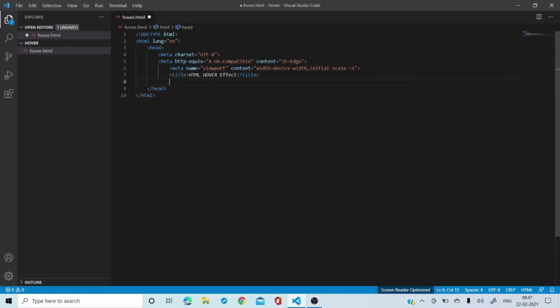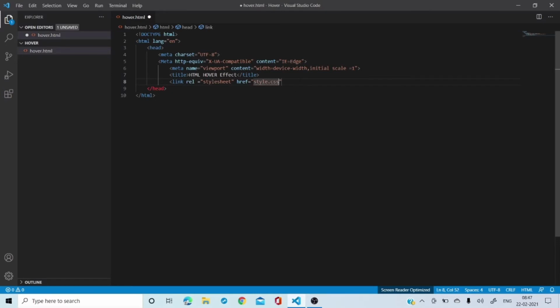Once you have written this, as I told you, we have to link our styling. So we are going to write link, as I told you last time also, rel equal to stylesheet. After the stylesheet, you can write href, and then style.css.